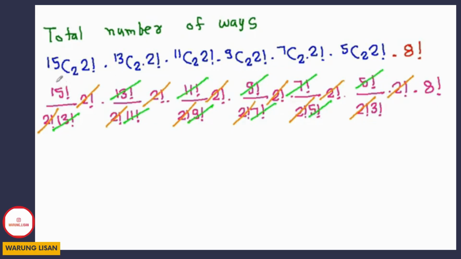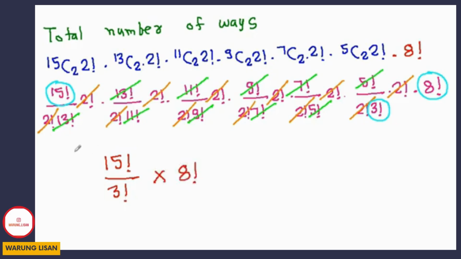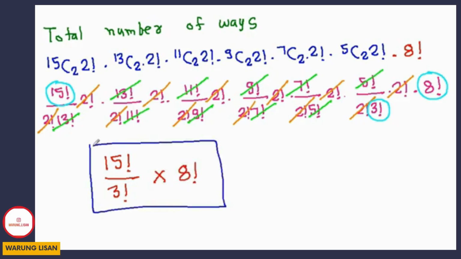So we get 15 factorial into 8 factorial by 3 factorial. We get 15 factorial by 3 factorial into 8 factorial. It is the answer. And now the second method,